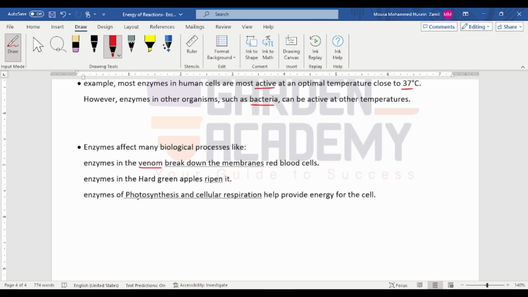And enzymes of photosynthesis and cellular respiration help provide energy for the cell. So these are some of the effects of enzymes in biological processes. Photosynthesis and cellular respiration need enzymes to provide energy for the cell, and without these enzymes, photosynthesis and cellular respiration are not going to be